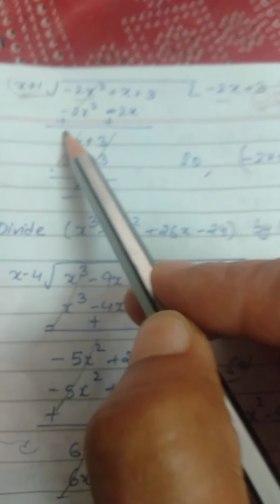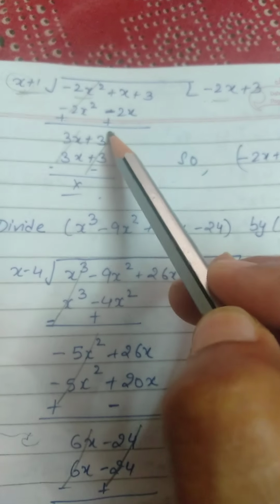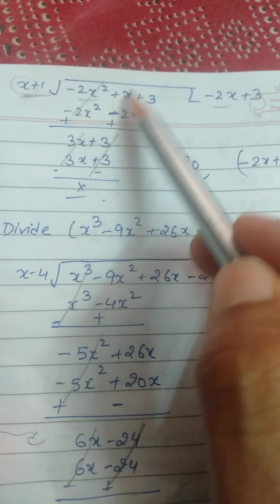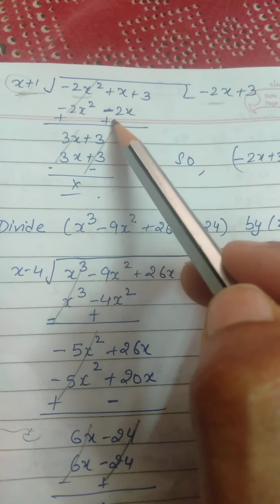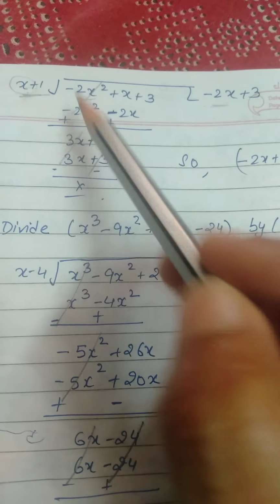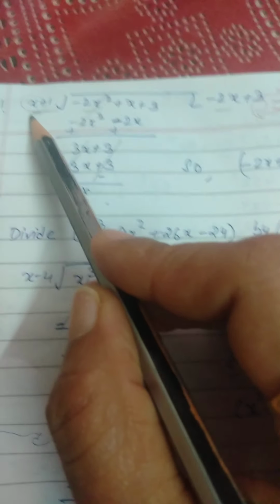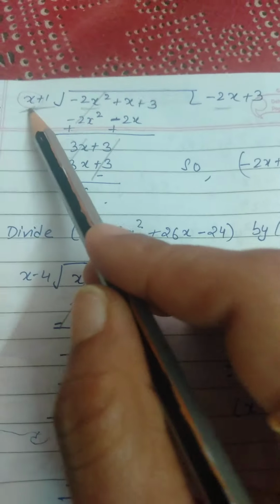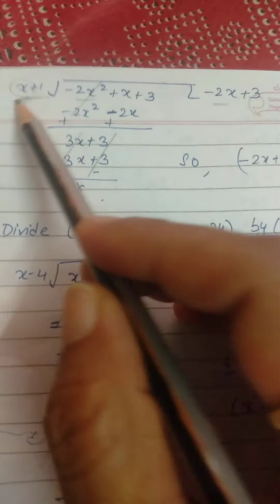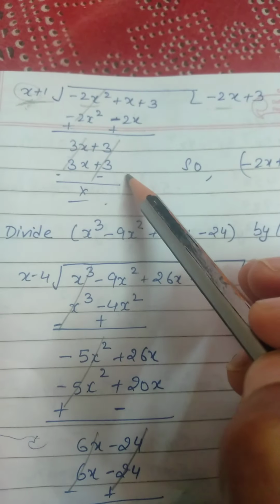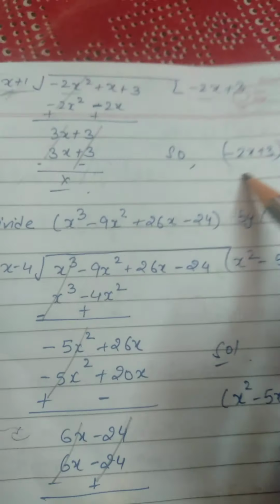If it is minus, then write it plus. If it is minus, then write it plus. Cancel. Now you have to use the sign of 2x as plus. So 2 plus 1 is 3, 3x plus 3. We have to multiply the number with x, so it can be 3x. So plus 3: 3 into x is 3x, 3 into 1 is 3. Signs change, cancel. So this is our required answer.